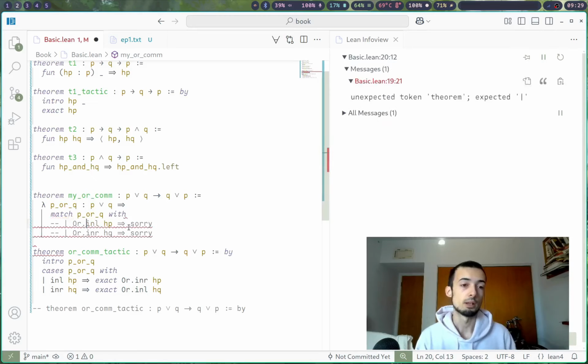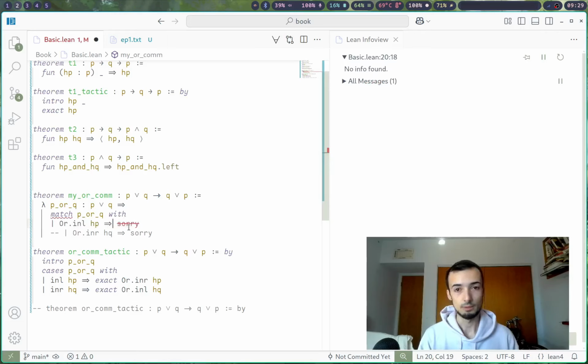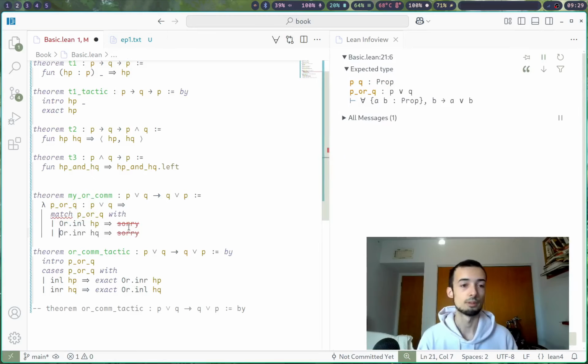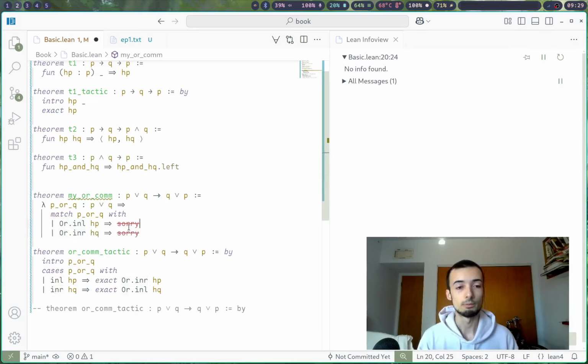And actually, if you comment this out, unfortunately we don't get the missing cases with two cases, and I'm not quite sure how to get that to show up. But anyways, if you have one case, it knows that the other case is not there. So we have INL, so it knows that INR is missing. So we'll add it, and then we need to prove